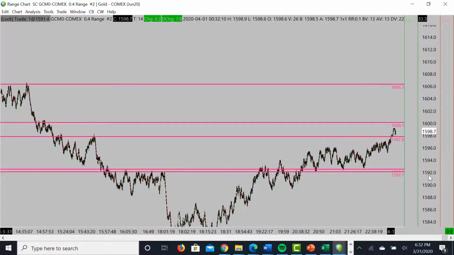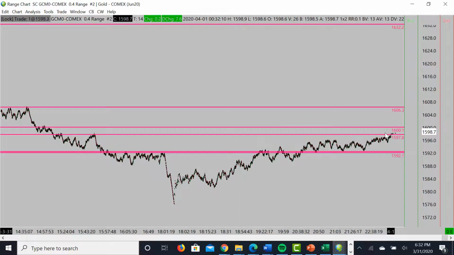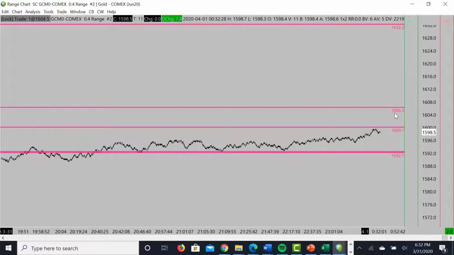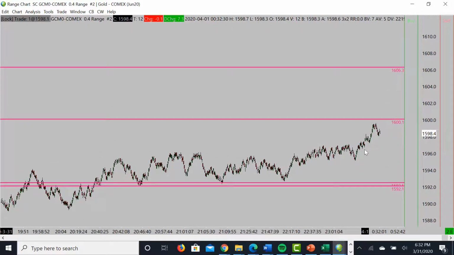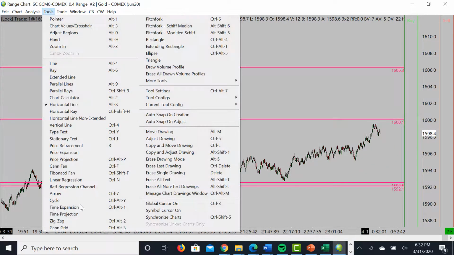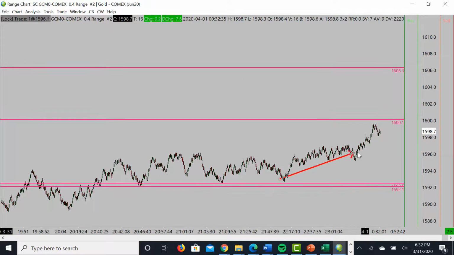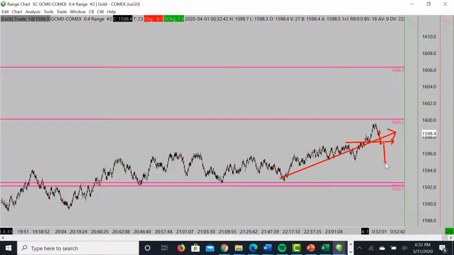All right, you can see if we zoom out of these charts, 1600 is the level that we're looking to touch at this prior peak here, and you got 1597.8 that you broke already. Right, so want to be able to identify that this actually could be a good opportunity for a fade back down here on gold to come back into our levels of resistance. But what are we looking for on my fade opportunity? Well, honestly, I'm looking for these higher lows to be broken first. Right, break below this level here,